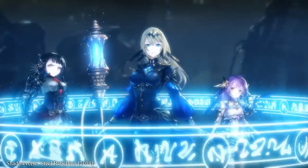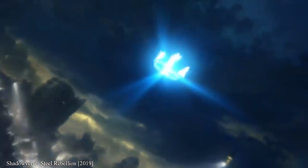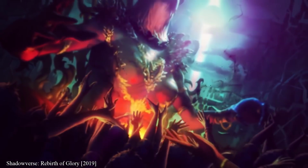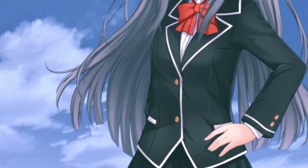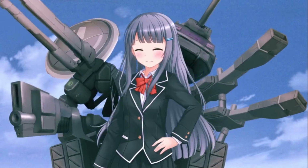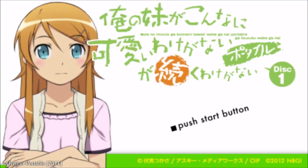Through the use of the virtual camera in After Effects and some clever storyboarding, characters can be animated effectively through moving each body part independently. In fact, this was the philosophy behind Live 2D, an animation software first launched in 2008 that could turn flat illustrations into moving faces. One of the most popular uses was on the Oreimo PSP game, where along with having